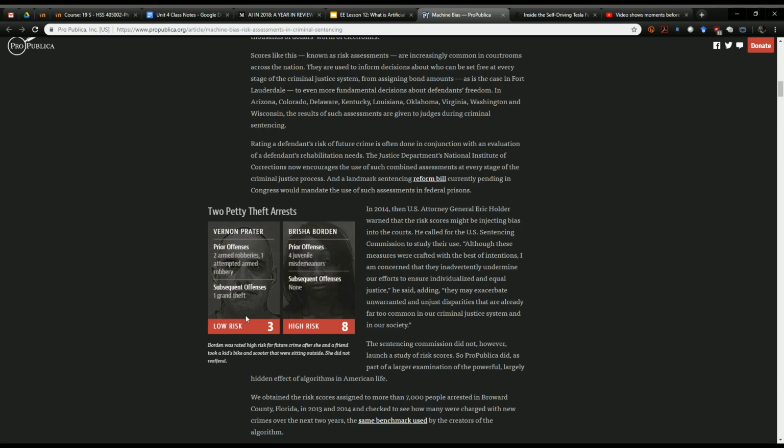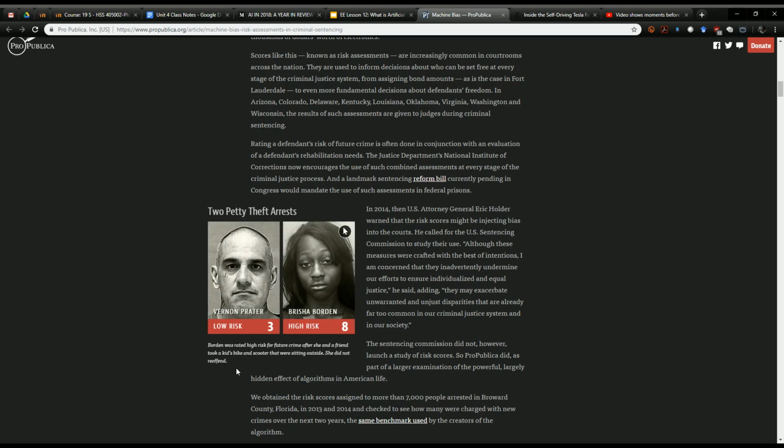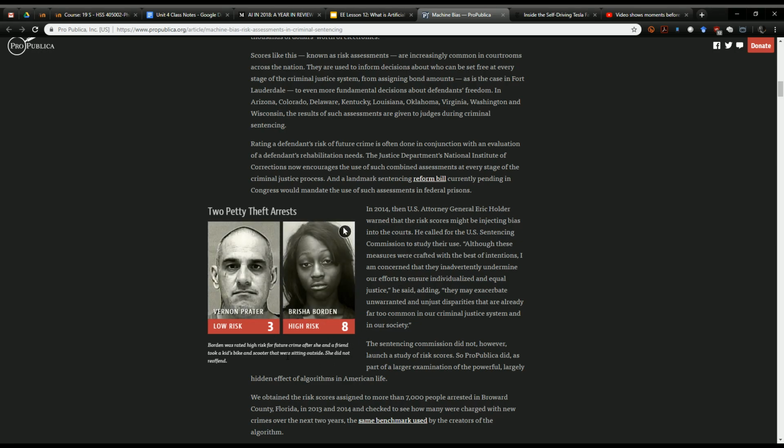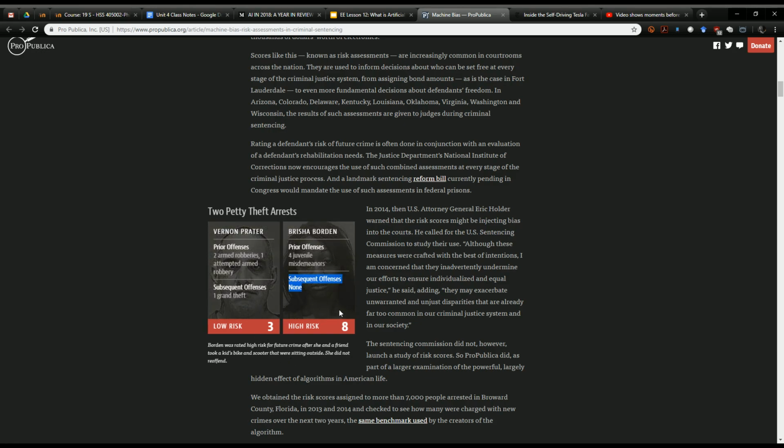The example here is that Vernon Prater was judged by this AI system as a low risk, whereas Brisha Borden was judged as a high risk. If you look at their records, Vernon previously had committed two armed robberies and one attempted armed robbery, but was judged a low risk and was let go, and then after he was let go, went on to commit another grand theft. Whereas Brisha was found guilty of four juvenile misdemeanors, not armed robbery or anything like that, but just juvenile misdemeanors. But she was judged a high risk because the software is racist, and she went on to commit no felonies. So you might think a reasonable assessment of these two cases would be that Vernon was judged as a high risk and Brisha was judged as low risk, but the AI comes up with the exact opposite results, and it's not just arbitrary, it's because this is how the history of criminal sentencing would have